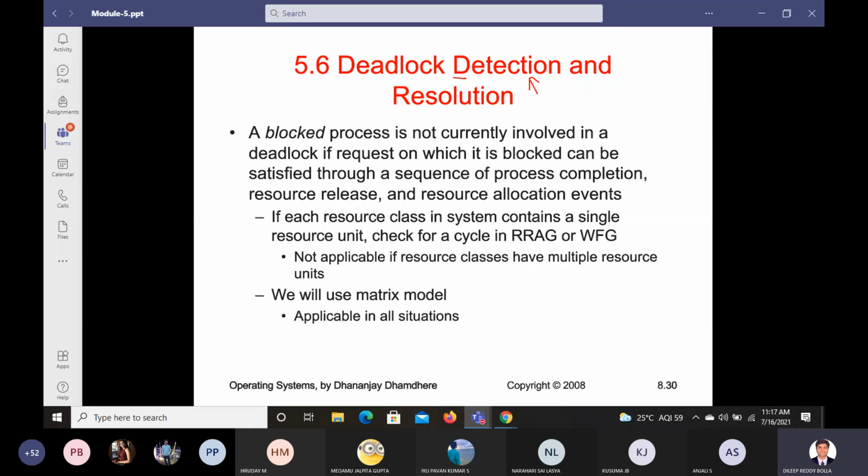Is that clear? Or you have the IA, and you are not prepared, so you cannot appear and you cannot write. Those conditions where you are not able to decide anything are called a deadlock condition. Is that clear to you? Any doubts on deadlock? So how do we detect it? How do we know that we have a deadlock condition? If you know that we have a deadlock condition, then we can solve it.